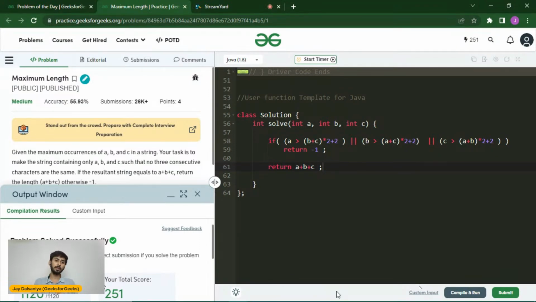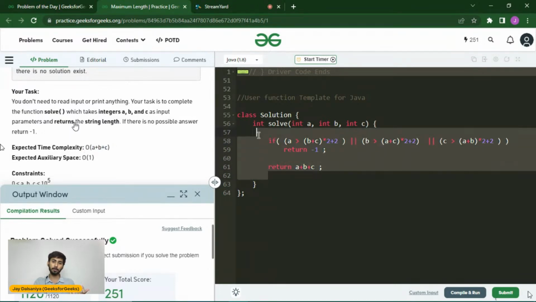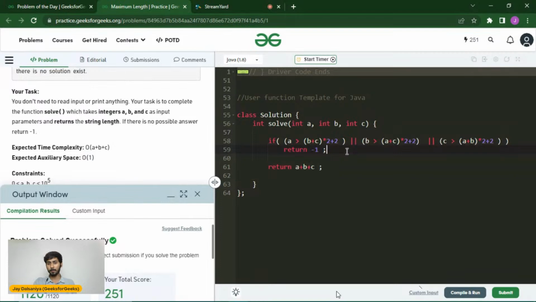Sometimes the problem statement has been framed in such a way that it forcefully makes you look for the solution in a different direction, but that's not at all required. So you should focus on what should be printed in the output. Over here the expected time complexity was A plus B plus C, but we can see we have done it in a better manner, that is order of 1. The time complexity will be order of 1, as well as the auxiliary space is not required, so both of them will be constant, order of 1, order of 1, right?